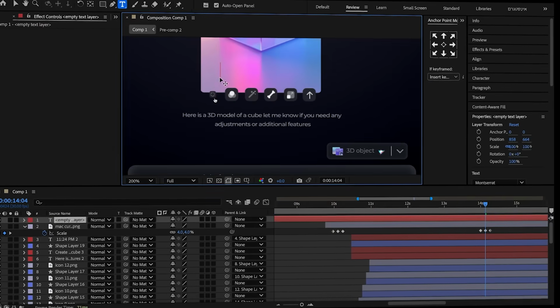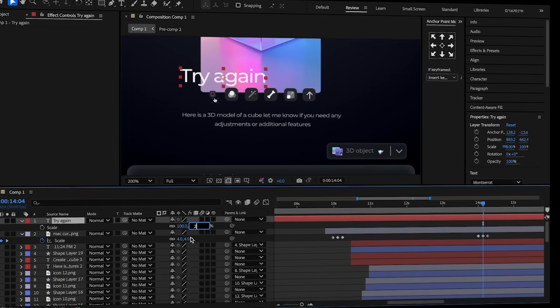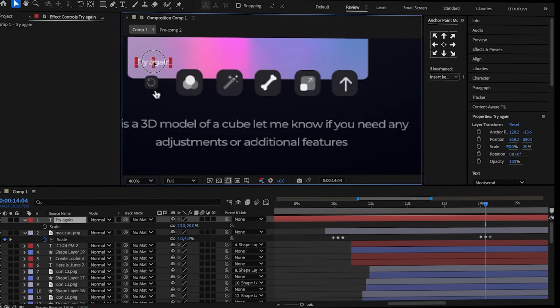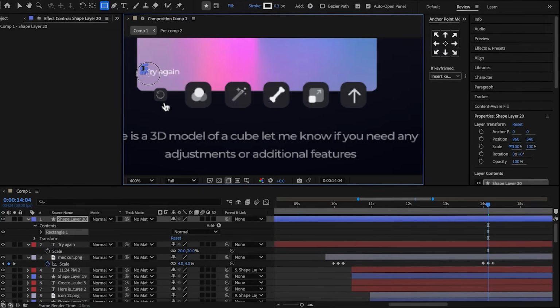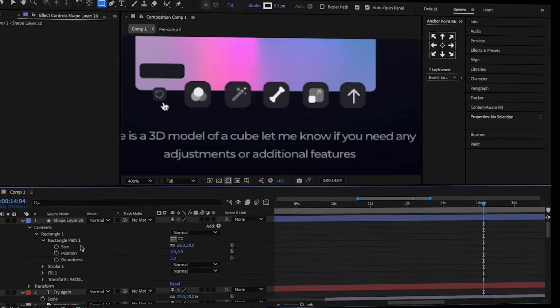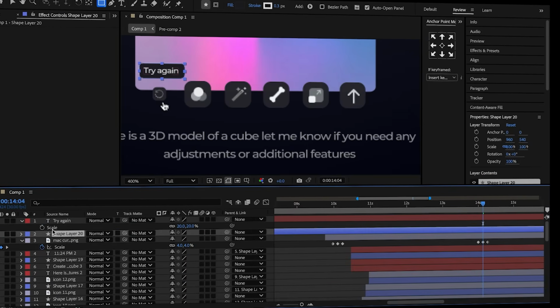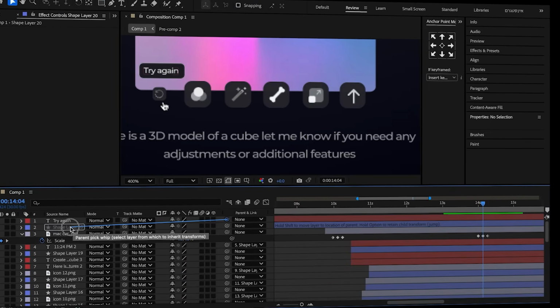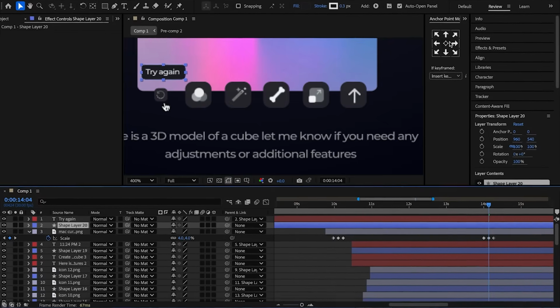Add a text and write "try again." Scale the text down to 20% and position it above the left icon. Add a dark gray rectangle to cover the text, increase its roundness to 5. Move the rectangle layer below the text layer, parent the text to the dark gray rectangle and center the rectangle's